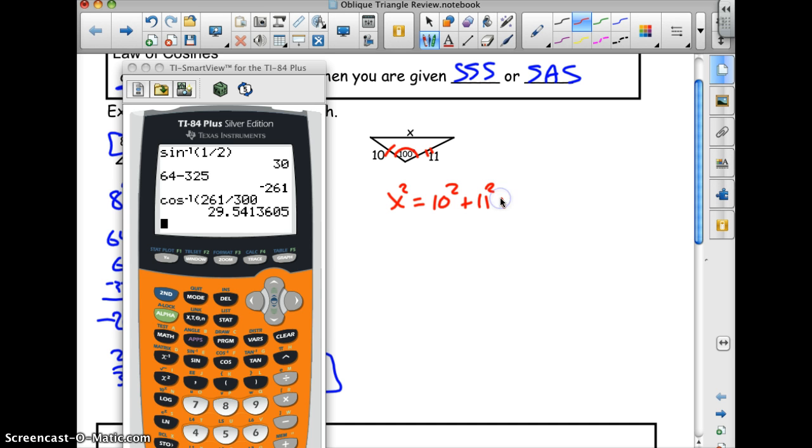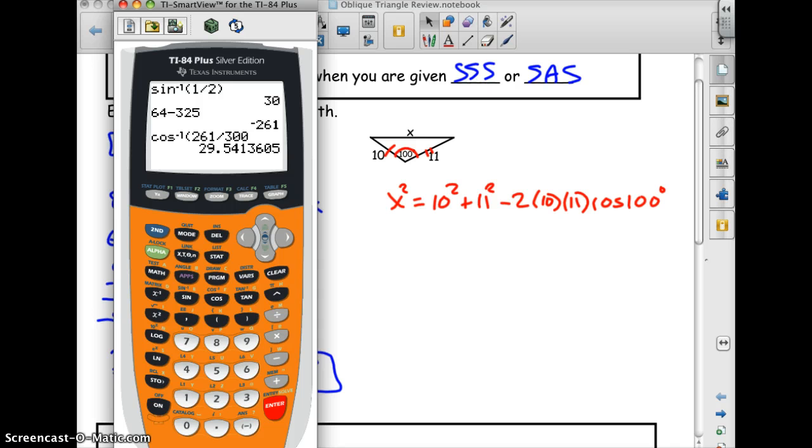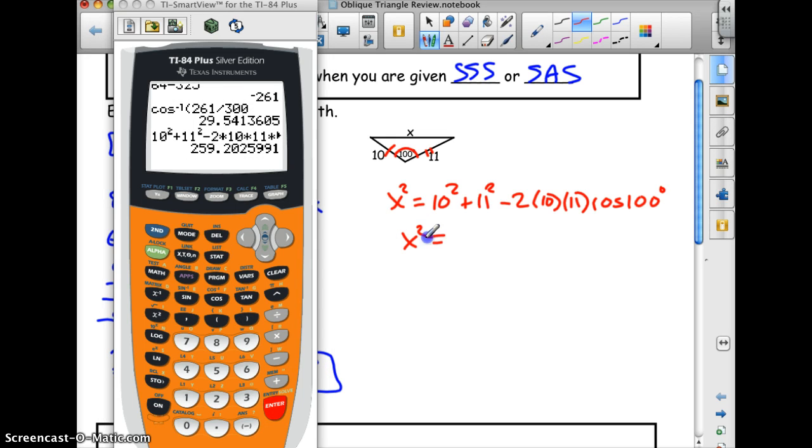So 10 squared plus 11 squared minus 2 times 10 times 11 times the cosine of 100 degrees. Okay, and this can all be put in your calculator kind of all in one fell swoop here. So I can do like 10 squared plus 11 squared minus 2 times 10 times 11 times the cosine of 100. Okay? And they get that value. Okay, I'll stop right there for a second. X squared equals